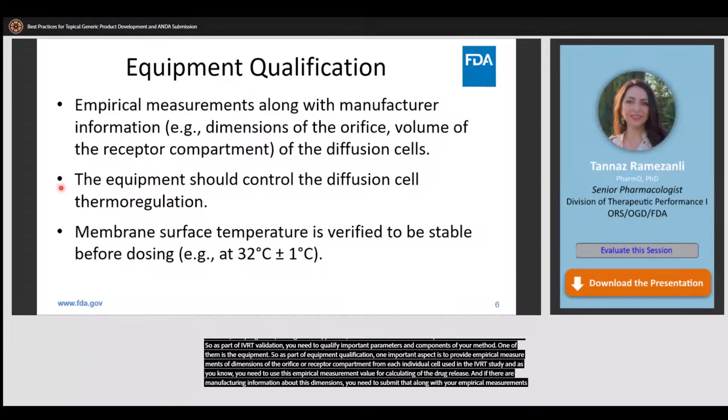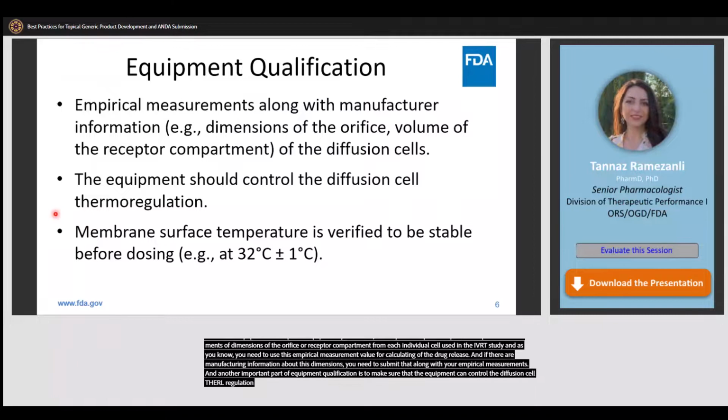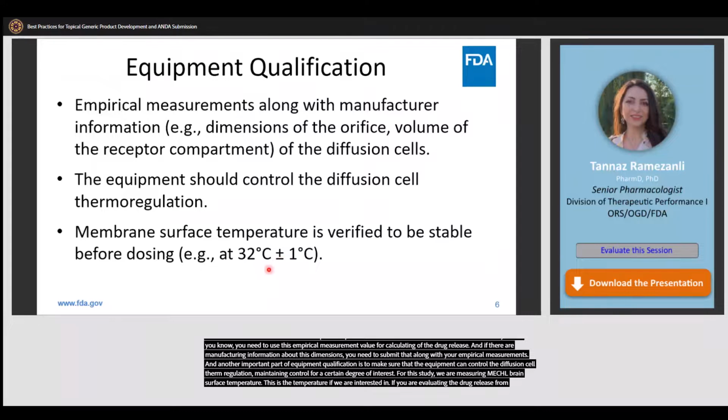Another important part of equipment qualification is to make sure that the equipment can control the diffusion cell thermoregulation, meaning that it can maintain and control diffusion cell temperature at a certain degree of your interest. And for the IVRT study, we are targeting or measuring membrane surface temperature. This is the temperature that we are interested in. And if you're evaluating a drug release from a topical product, this temperature should be adjusted to 32 degrees plus minus 1. And if you're evaluating release from a vaginal or rectal product, instead of 32 degrees, you will target